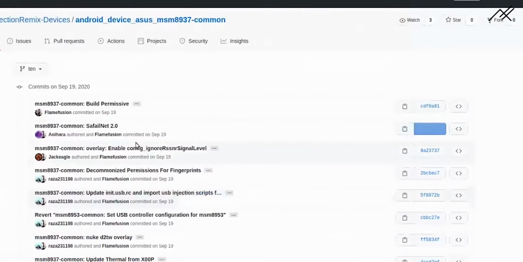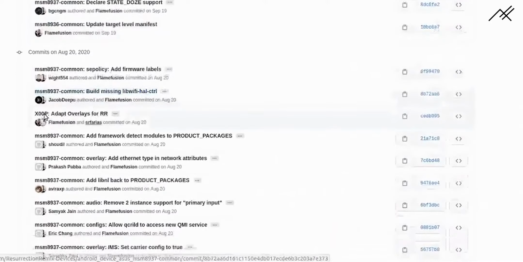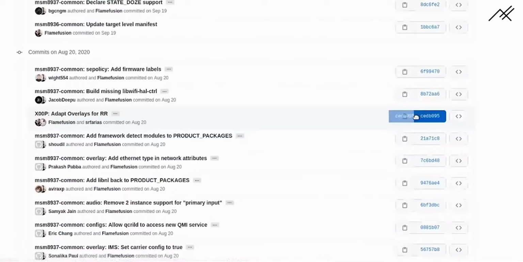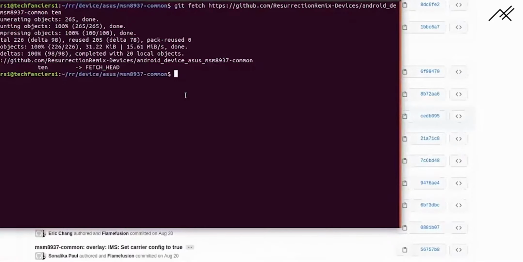Now I need to get the number or ID of the commit. This one is XOP adopt overlay RR. This is the command, and change. And I need to do git cherry-pick, and I need to paste this one. Sorry, not that one.